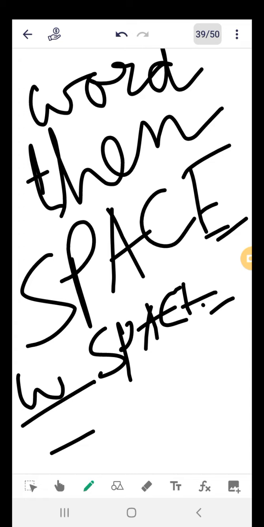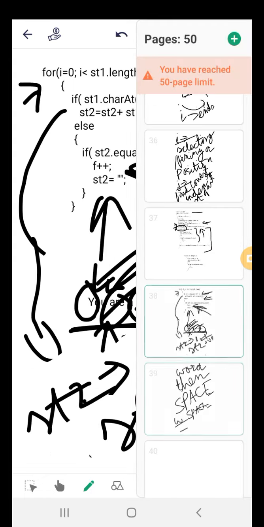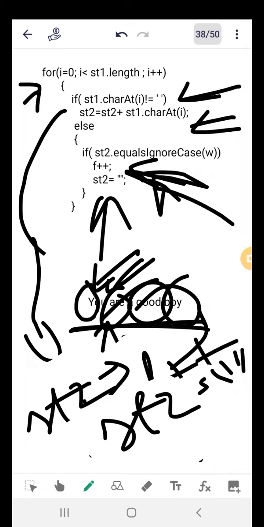So whenever you get a space, that means already a word is there. If it is not equal to space, a character is there, you store that character. If it is equal to space, that means already you have stored a word. See the concept is,